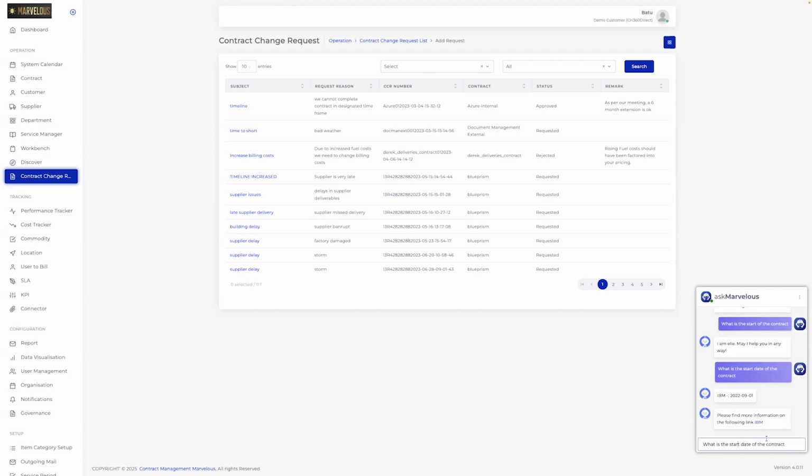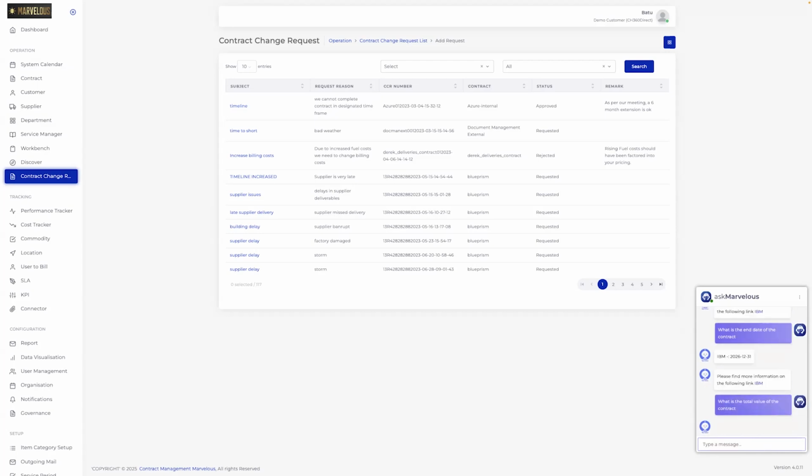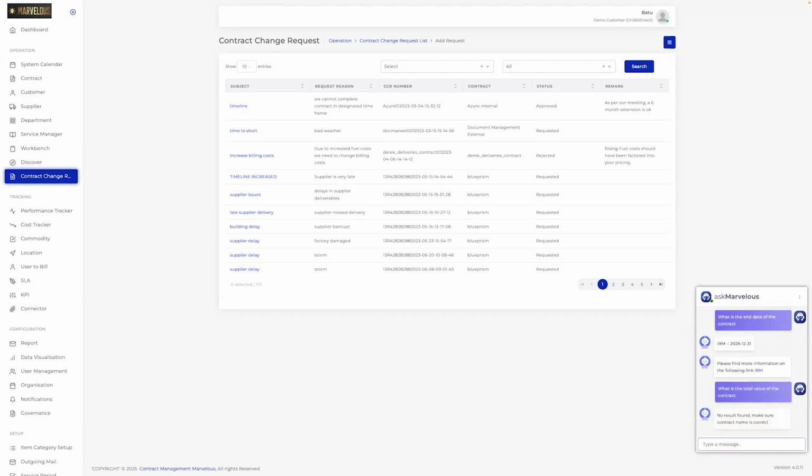I can always do the end date as well. And what is the total value? Let's do one more. So you can ask for the specific details of the contract,